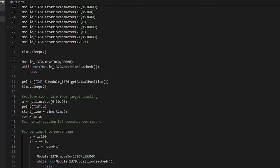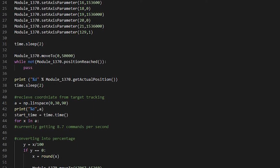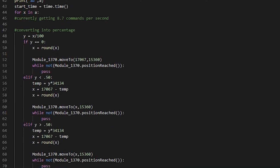After research, the team downloaded the PyTrinamic repo, which integrated the Python commands into commands recognizable by the motor. Because the motor has a 360-degree rotation, access parameters were set to align with the camera's field of view. The best way to integrate the target tracking and motion control algorithms was by calculating the percentage of the field of view that the target is located. Once the fields of view were aligned, simple move-to commands could be sent by sending the percentage given from